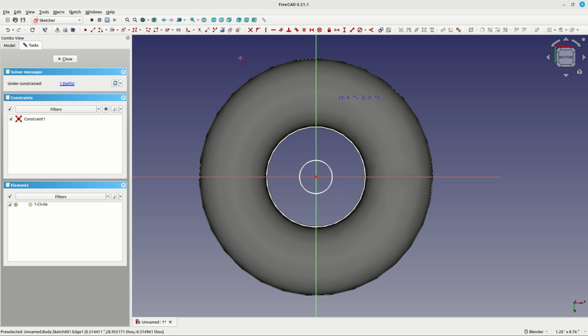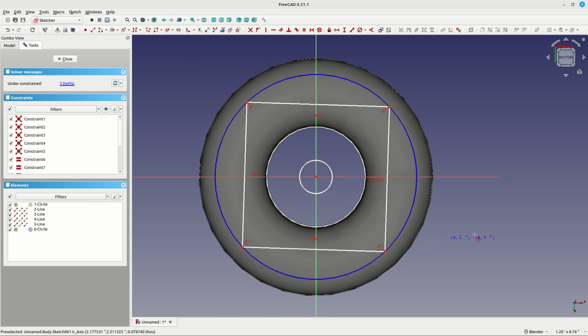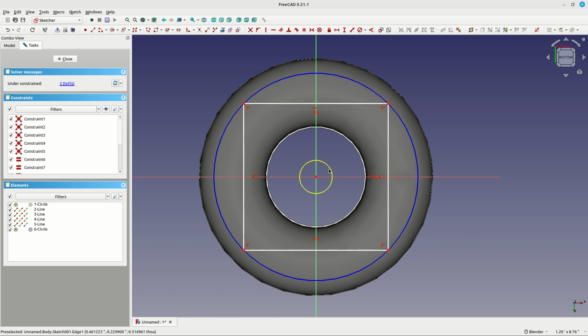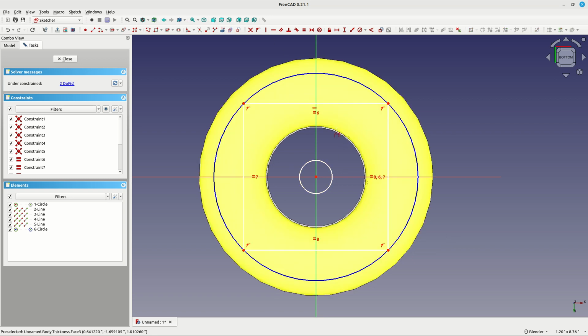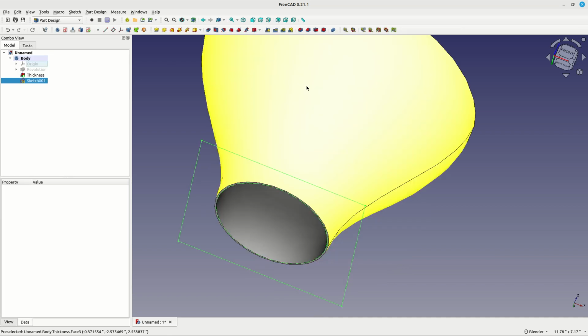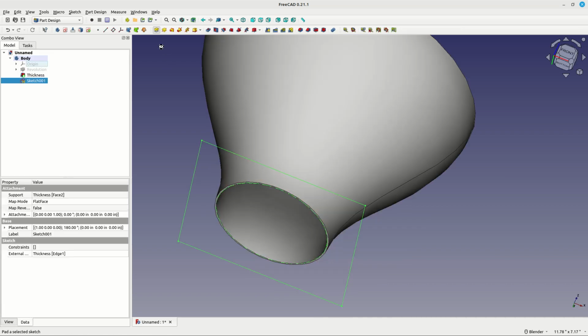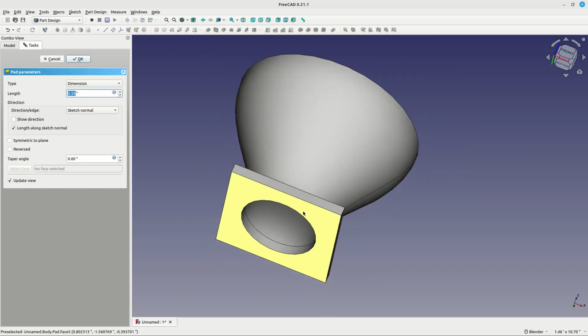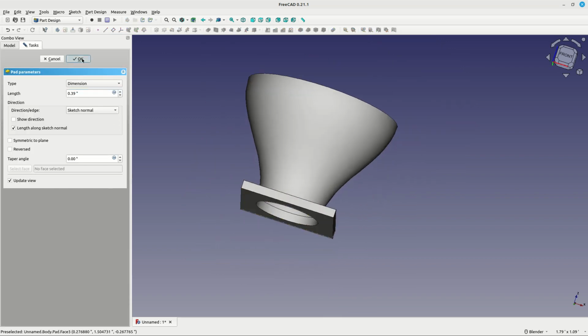So again, do this, and then a square base. I can do that too. Horizontal. Take my inner wall here, equal, close, and again I can pad to make myself a flange. Okay,